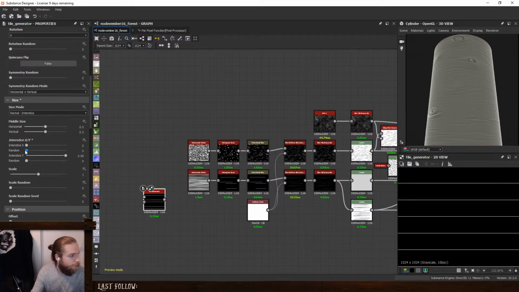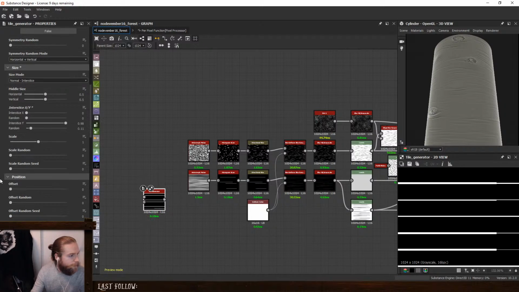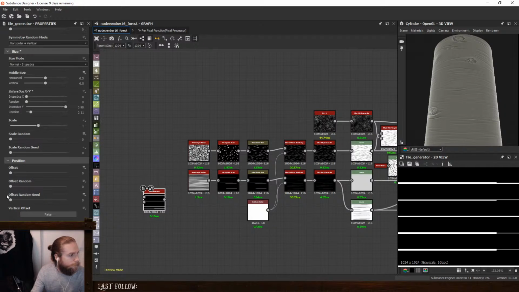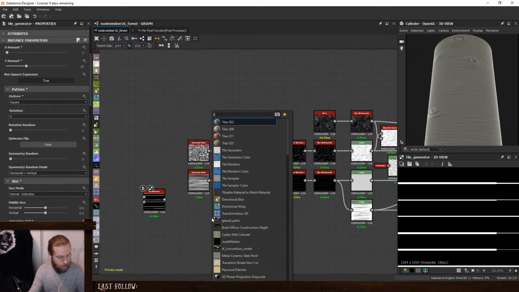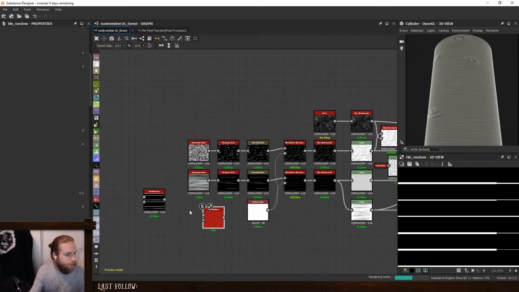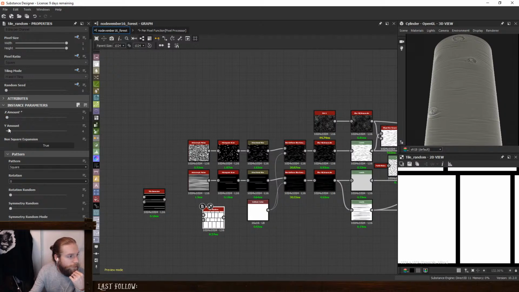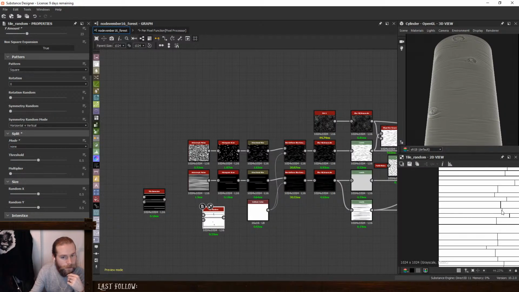So I'm going to have these lines, have a little bit of randomness in it, and then, oh, maybe tile random is the right one that I was thinking. Okay, so like 2 and a bunch, square, no splitting,